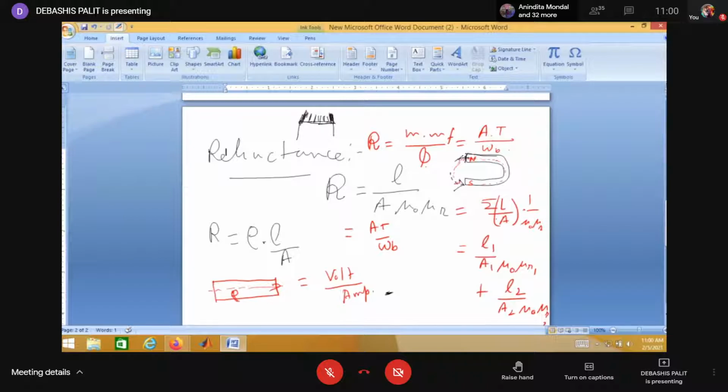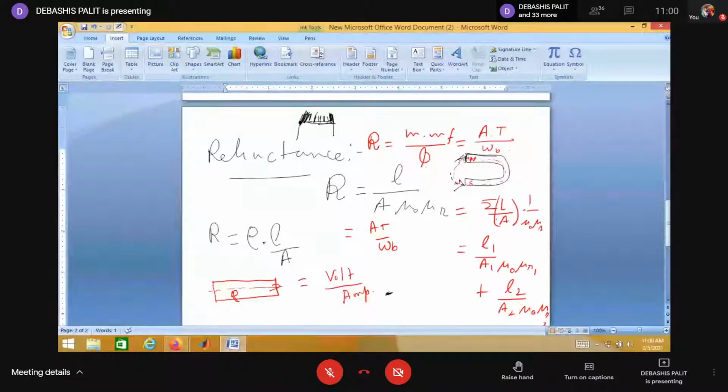At the sharp point, the area is less, and so flux density is more. So this portion flux is much denser, and this portion is less dense. Like this, when the flux is traveling through the air, a lot of criteria are there. So here the flux density is quite different. That is also dictated by the permeability. Also, air permeability is quite less than the permeability of the magnetic material.